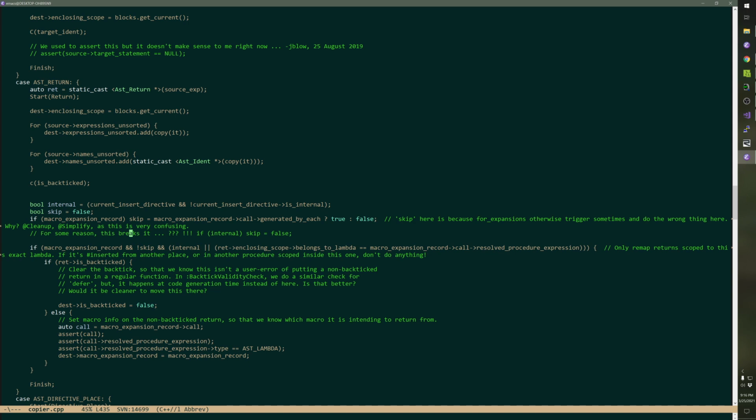At the same time, though, the compiler is not production quality until this gets figured out. So I'm not making light of it. I'm just saying this is how we handle it. It is an orthogonal issue. It is an issue that must be solved, but it's also orthogonal to what I'm doing right now. That's the way I would like to say it. If your code is full of stuff like this, like, I have no idea why this doesn't work when I think it should, that's bad code, right? And so this is a little bit bad. And we just have to, in fact, I should put this on the to-do list.